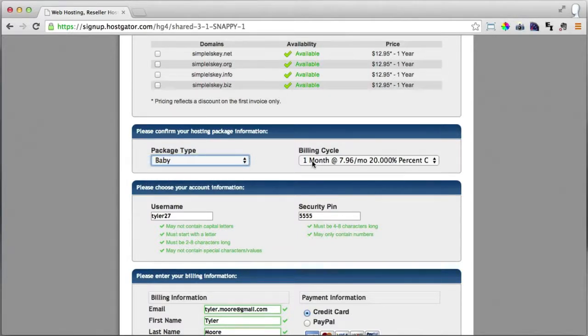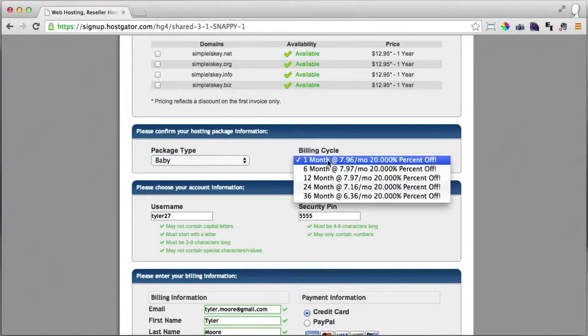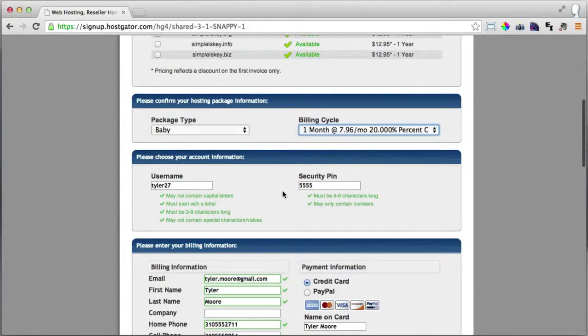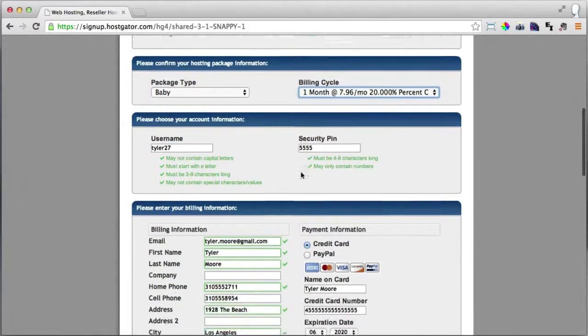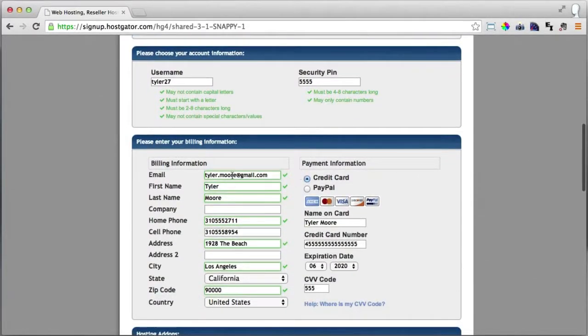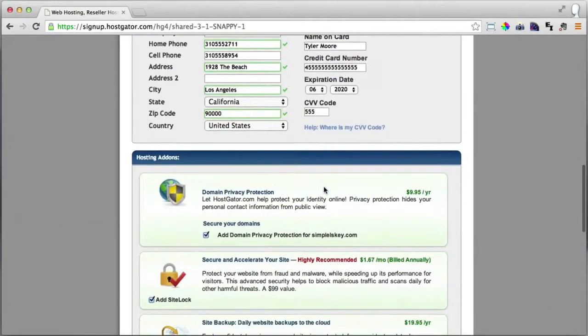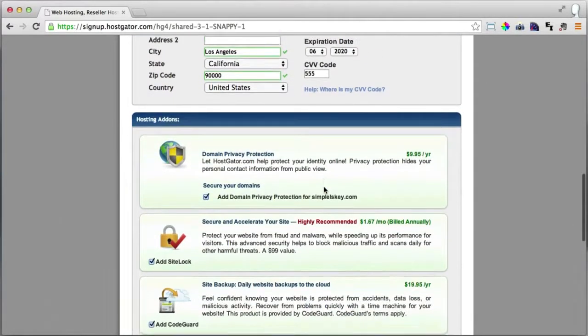And you're going to make sure it's on the 1 month or 6 month or 12-month cycle, whatever you chose. You're going to enter in your username and security PIN. Then you're going to enter in your email address and billing information. And you're going to enter in your credit card information or PayPal account if you're from a different country that doesn't allow credit cards. All right, after that, it's going to give us some add-ons, which I'll go over right